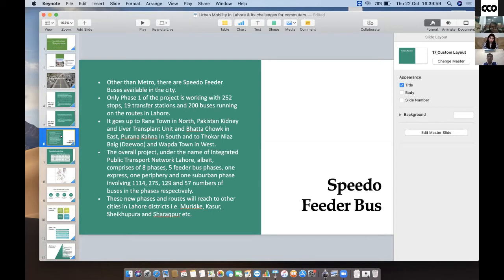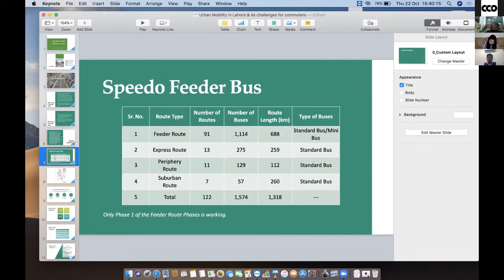The overall project under the name of Integrated Public Transport Network Lahore comprises of 8, which I have mentioned, and there are 5 total phases. And the number of buses which are going to be part of these 5 phases in phase